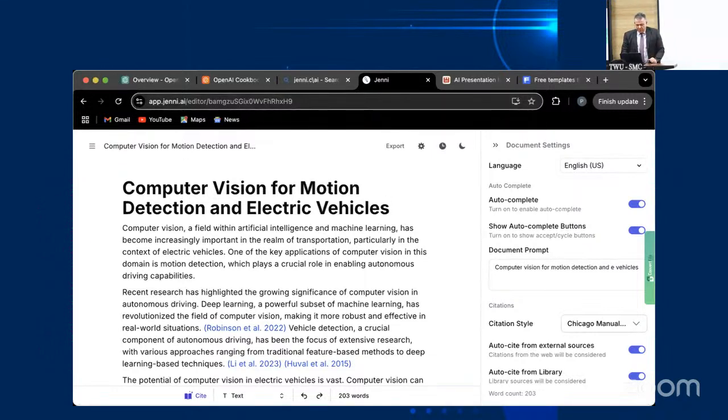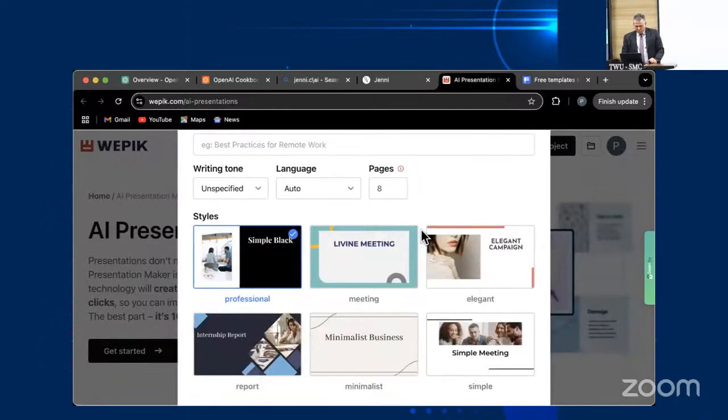Okay, give me a sec, and I'm going to go to... Oh, there it is. Here we go. I'm going to choose the presentation on the same topic. Okay, so this is Repick. Companies, and what presentation companies. They create presentations, they can create infographics. So if you like using infographics in presentations, you can generate infographics. You can also use it to create images, videos, pictures, and other kinds of things that are AI generated.